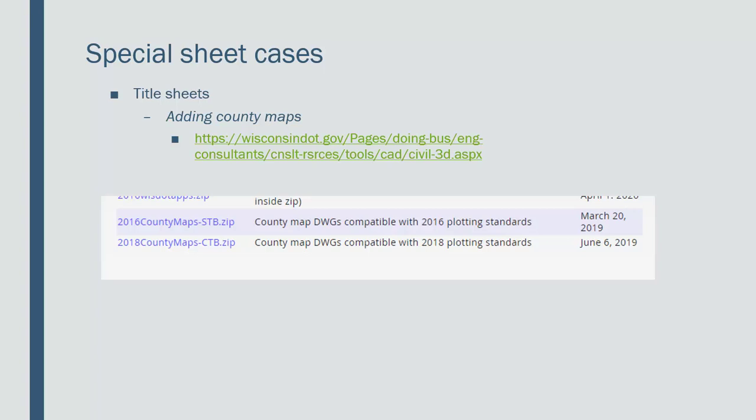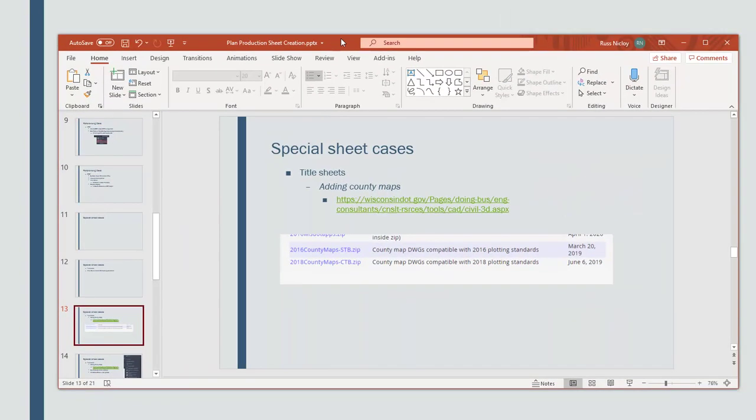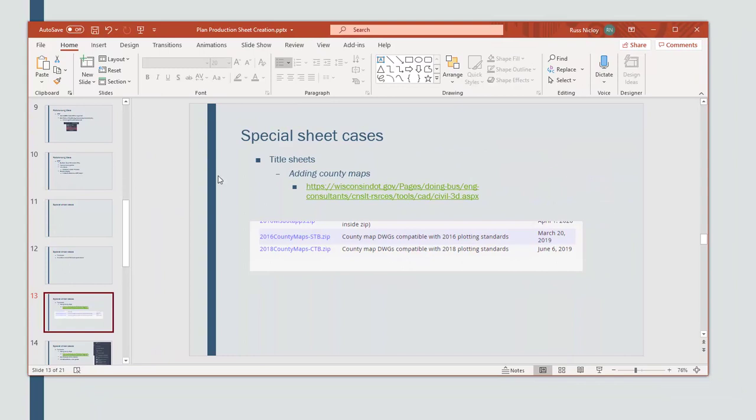Let's look at title sheets first. Really one of the major points to the title sheets is that you are going to be adding county maps to this. The county maps used to be part of the standards download, but now they are on the website. In fact, notice that that text there is green hypertext. If you download the slide deck that I'm showing here, in this tab, in the 13th page, this is actually